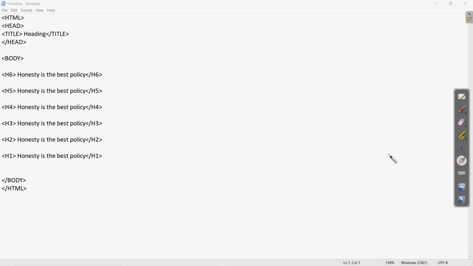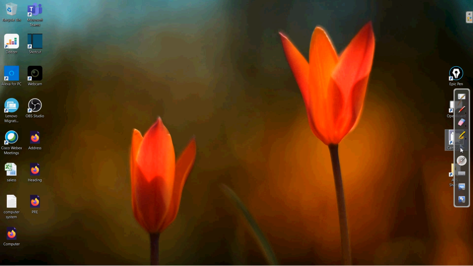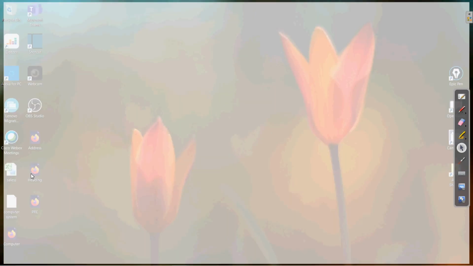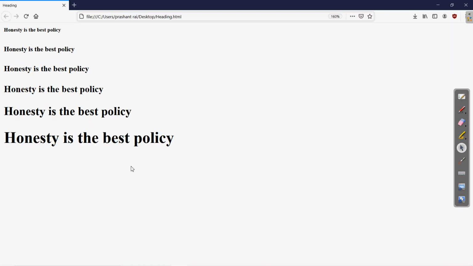Okay, now this was saved as heading.html. So if I come to the HTML file directly, here is the heading file. What we need to do is double click this heading file and this will open in the browser. So here you can see the H6 level, which was the smallest, this one is this, and after this is H5, clear, H4, H3, H2.